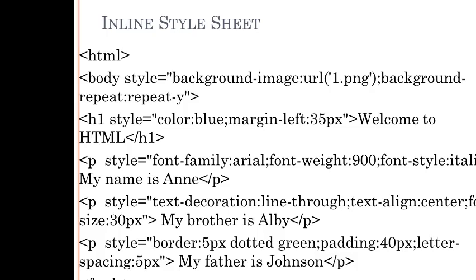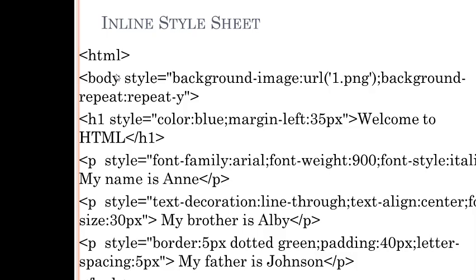So in this example, you see we are using the body tag. Style is given inside the tag itself. You can see how the style is given. Body tag is started, style is equal to, then you give the property and the value.